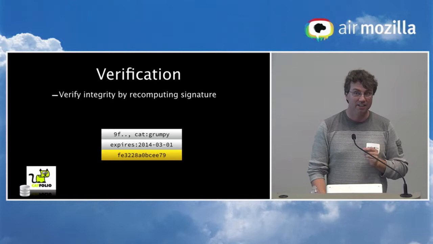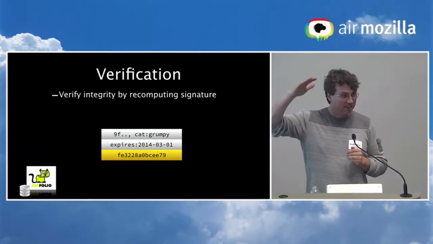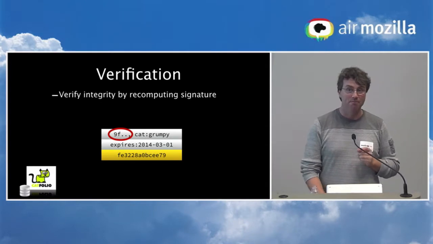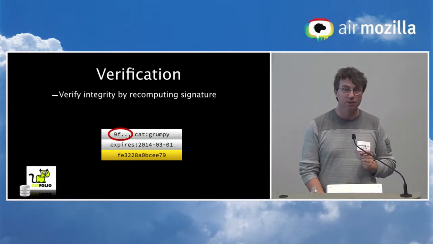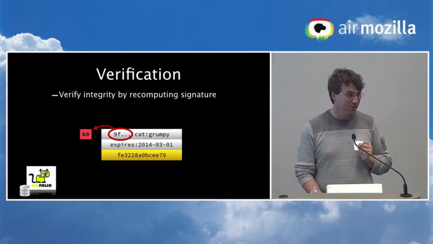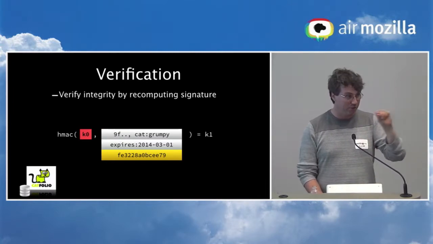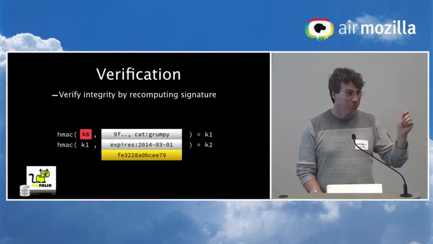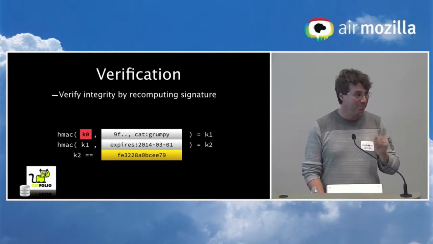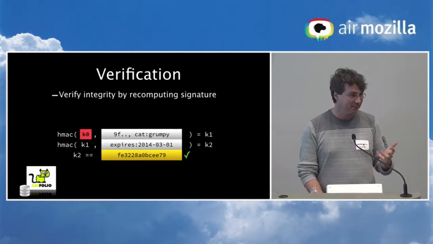So when that nice young lady has this new token that was somehow attenuated, further restricted with an additional caveat about time, and sends that back to the server, the server can look at the key identifier and say, okay, what was the original key used to mint this cookie? That's K0. Use that K0 to compute, from that first line, K1. Use K1 to compute, from the second line, the caveat, K2, and then simply check that K2 is, in fact, the value found at the very end. And this is HMAC chaining.